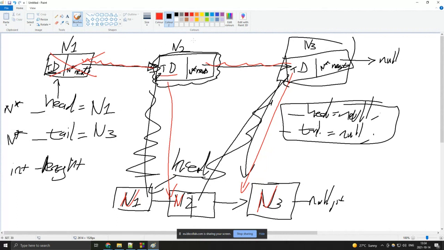So then we say, okay, this is now the current node, and then we can go and delete node 1, and then we say, okay, you are no longer the current node, you are now the current node. We can delete node 2, and then we say, okay, you are no longer the current node, you are now the current node,